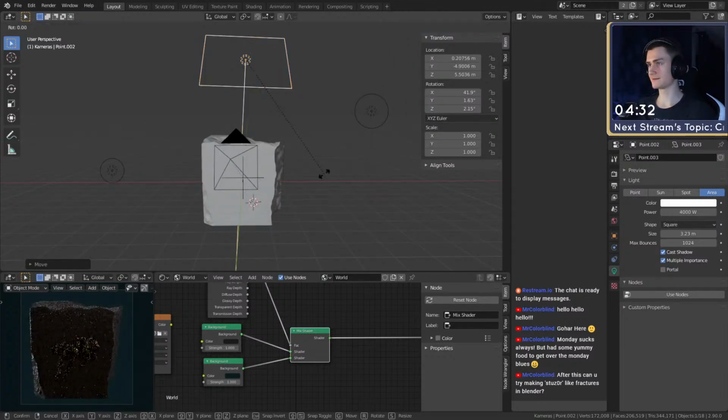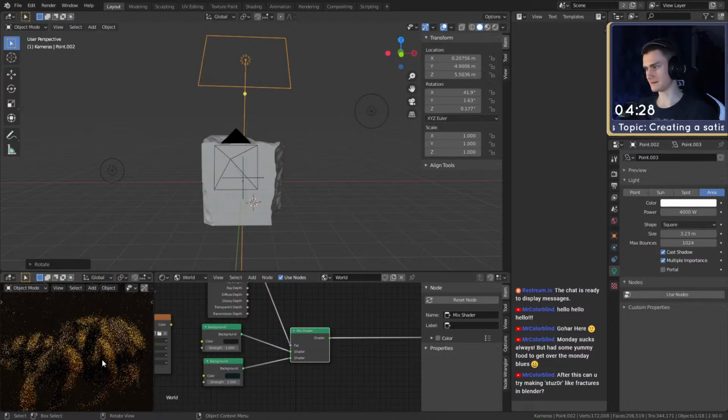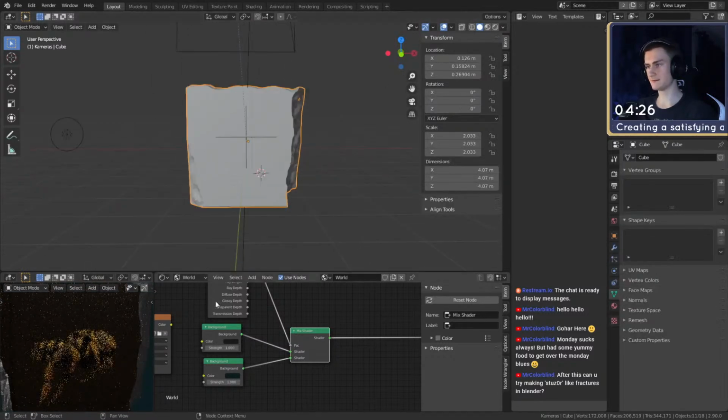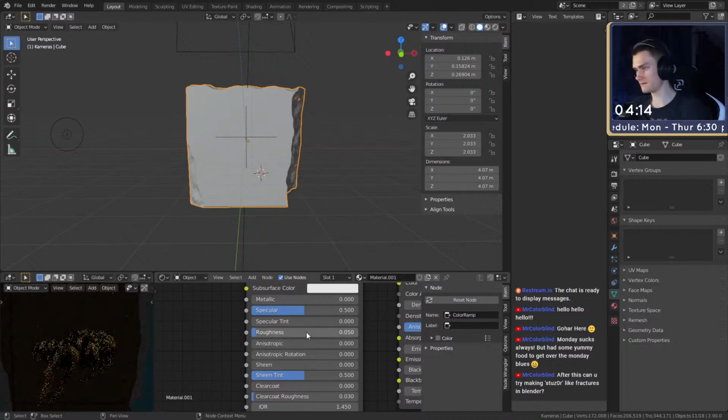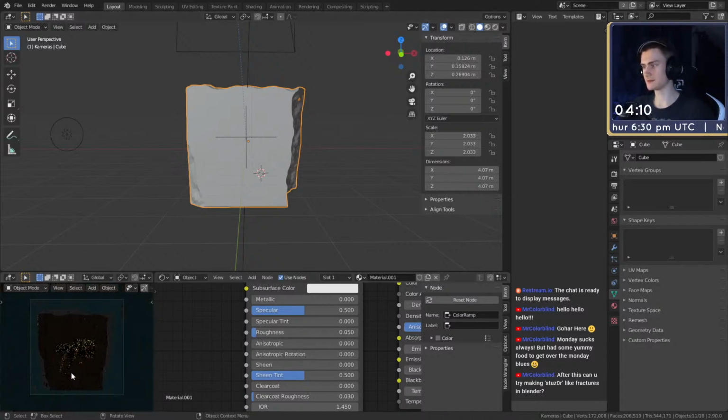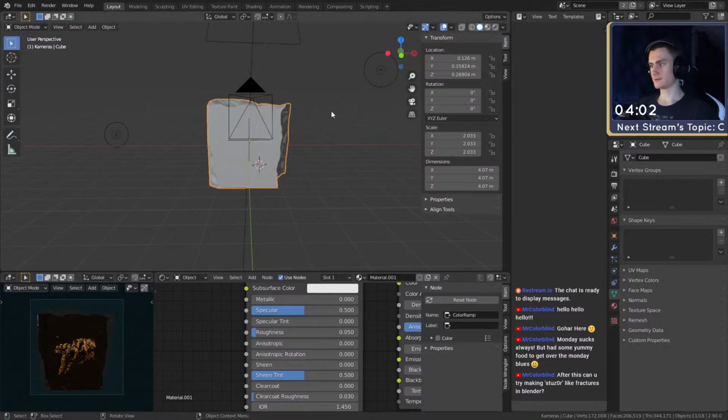Okay, so we have this nice, it's still pretty blurry. Let's see if we can fix that. I guess that's because of the surface imperfections, or could it be because of the roughness? What if we put that to 0.05? Okay, looks better. I guess we could keep it like that. I think what I'm going to do is introduce one more.